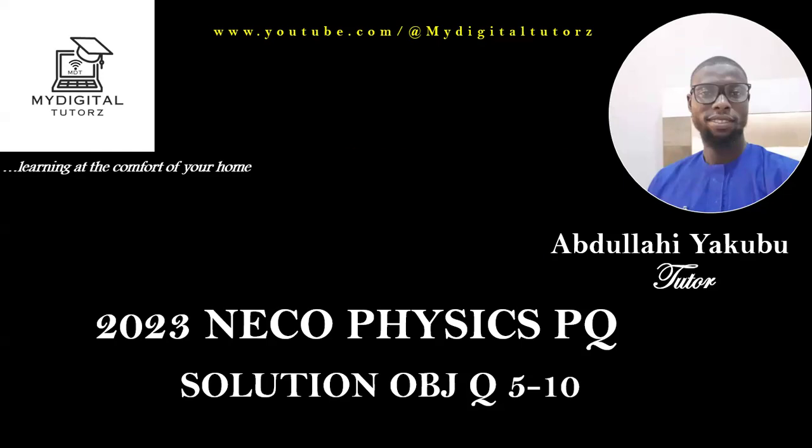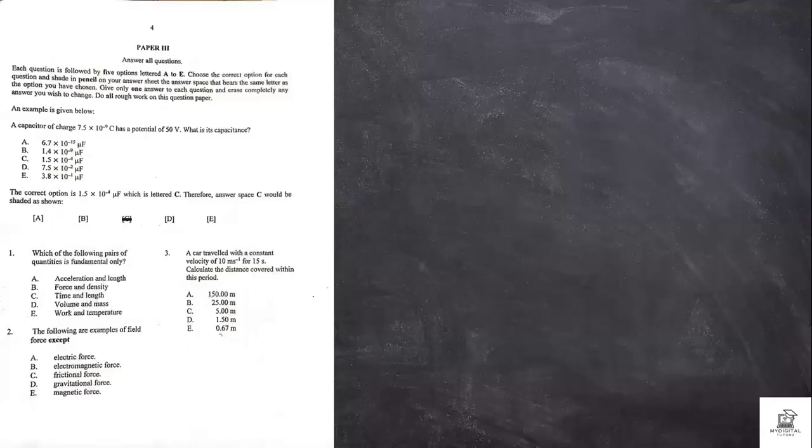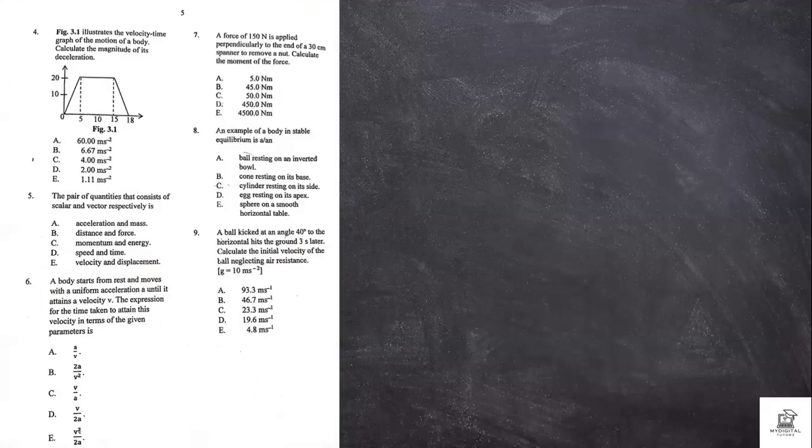Okay, welcome back again. Here are questions 5 to 10 on the objective part of the 2023 NECO Physics past question. So we have solved questions 1, 2, 3 to 5. So question 6 says,